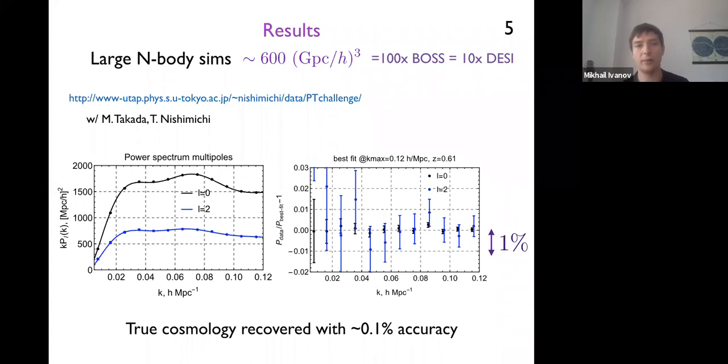So essentially, Masahiro and Takahiro have run these simulations and have measured the galaxy power spectra that correspond more or less to the BOSS galaxy sample, and gave us these spectra, but didn't tell us the correct cosmological parameters that were used to generate those spectra. And the task was to actually measure them. So we applied our code, applied our model, and just fitted this data.